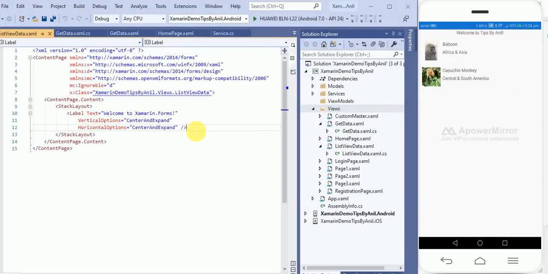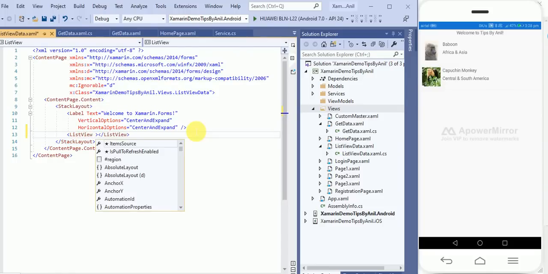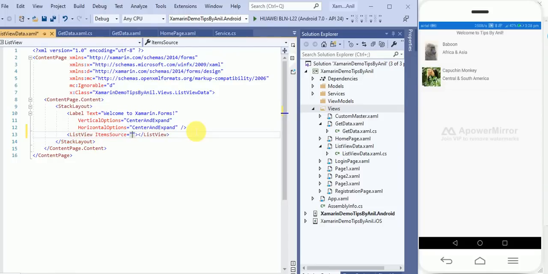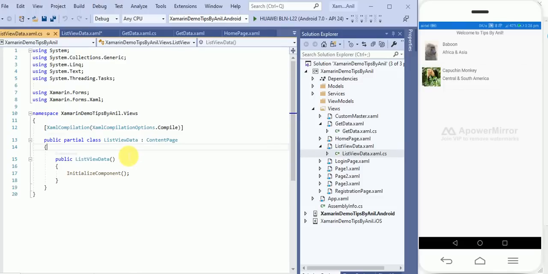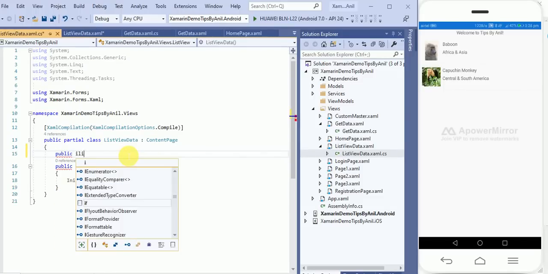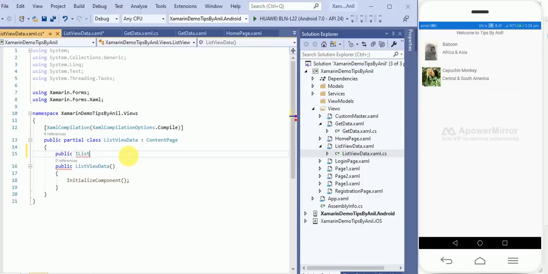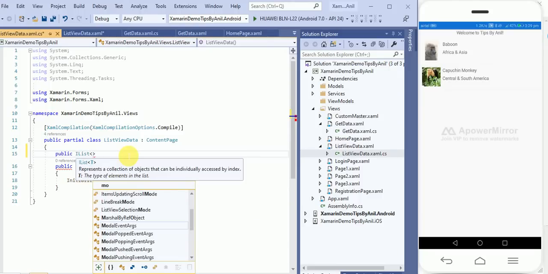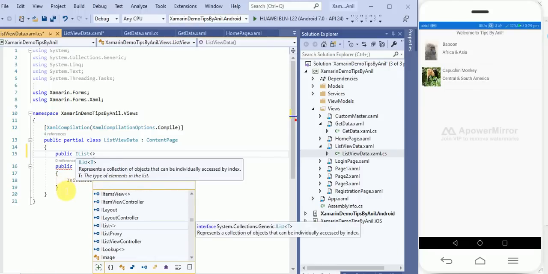I will name the page ListViewData. Here I will define a ListView, and in the ListView I have to provide an ItemsSource. In the binding I will create an object, and I will define an IList. If you don't know what an IList is, I need to provide a class.